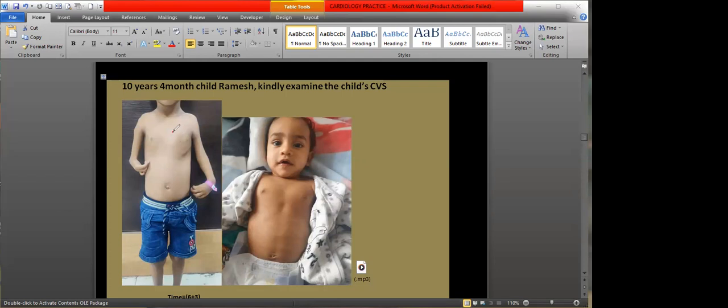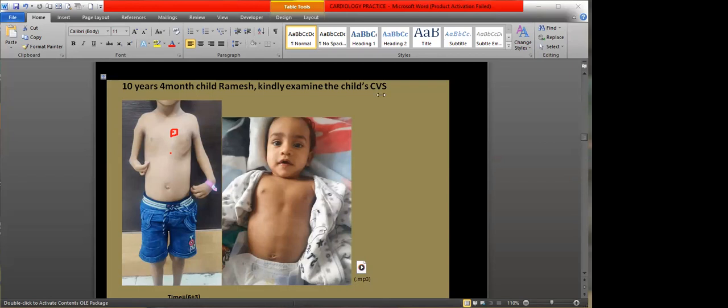According to the site of the murmur, and according to the character of the murmur, you need to present your case. Even if you are wrong, but logically you are getting the murmur most prominent here, present your case just like this: I am getting a murmur over the second left upper intercostal space, and that is most likely ASD, but my other DDs are these. Because PS murmur does not always radiate to the back. Am I right?